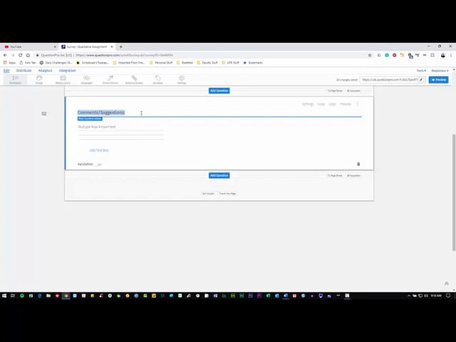What it automatically will assume is that you're entering comments and a suggestion. So one of the things the program will try to do is predict the type of question you might ask. You'll notice a second ago when I was doing the gender question that when I put male, it knew the second question was likely going to be female, so it went ahead and entered that as well. But in this case, I'm going to override what this says, and I'm going to put a fairly open-ended question, which would be something like this. So, tell me about your